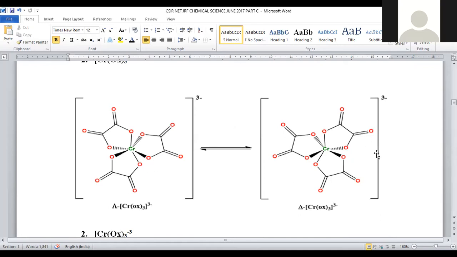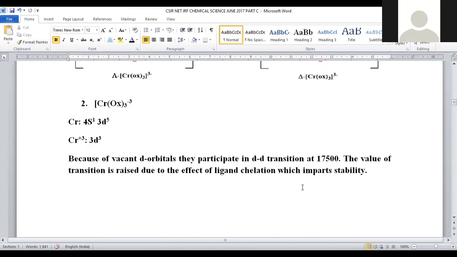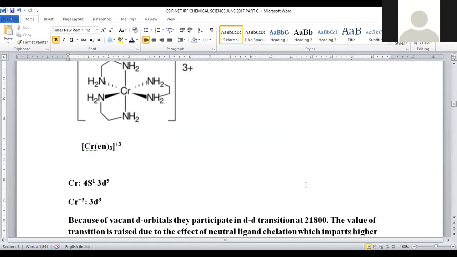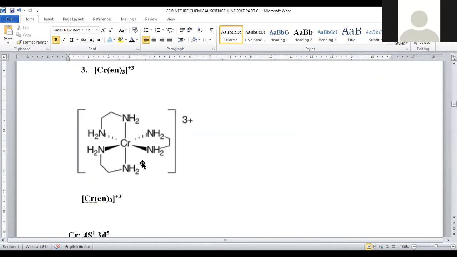So this exists in 2 isomeric forms by changing their position, so that both the isomers are said to be optically active in nature, all the symmetry elements being absent in this molecule. And even in tris(ethylenediamine), you can clearly find twisted bonds here. One of the amines is linking from the upper edge and another amine is linking from the lower edge, so that we can't apply any symmetry element.